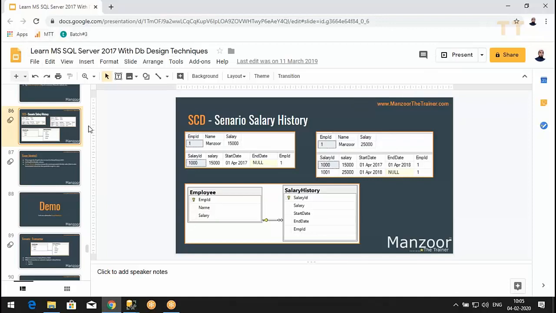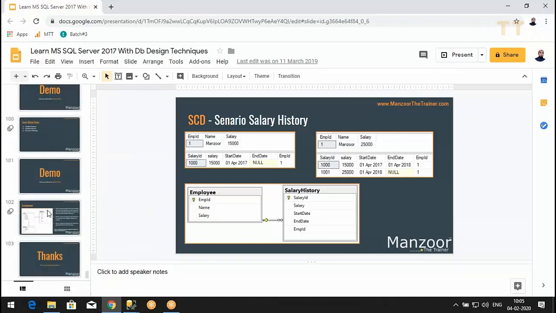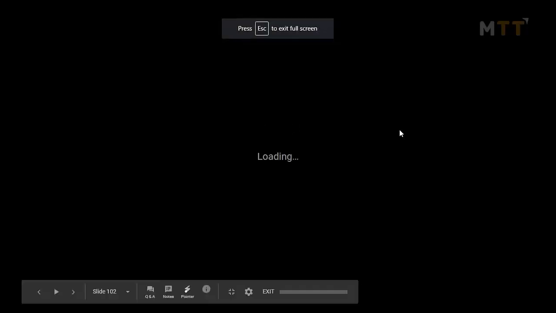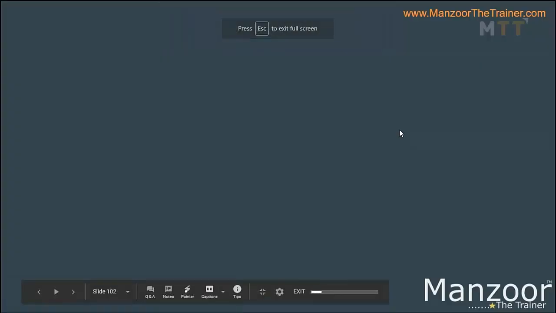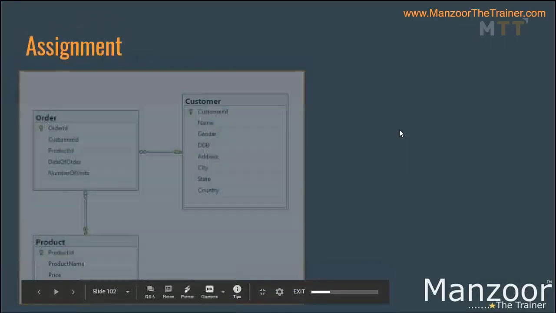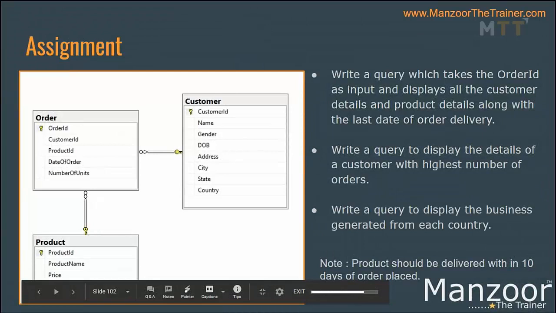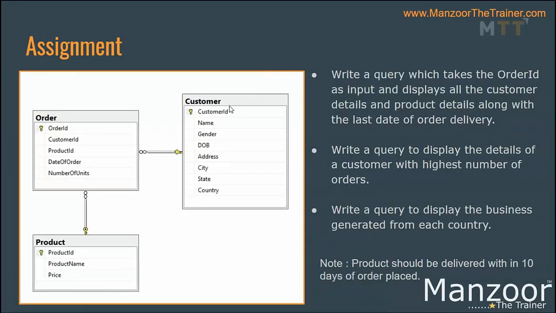I'll send this. I have shared this PPT, right? And your final assignment is this. Today, tomorrow, by this weekend, I want you to complete this assignment. This is your final assignment. Customer table, product table, order table.